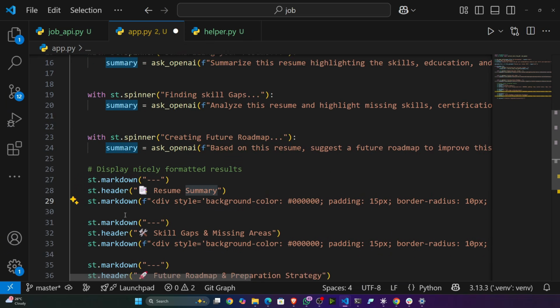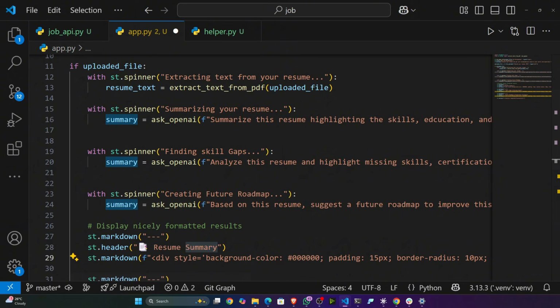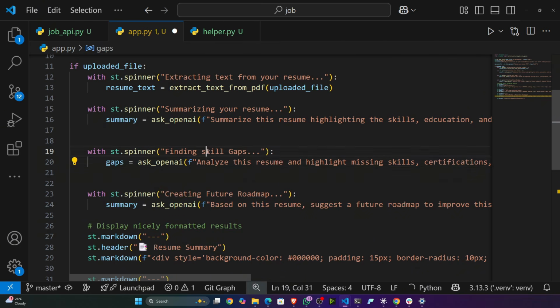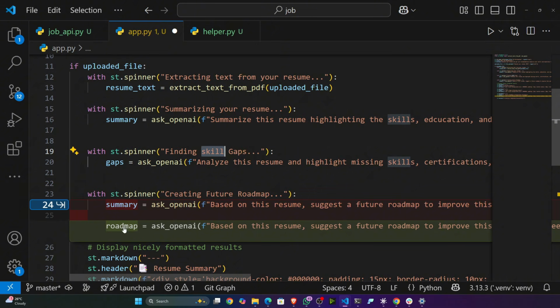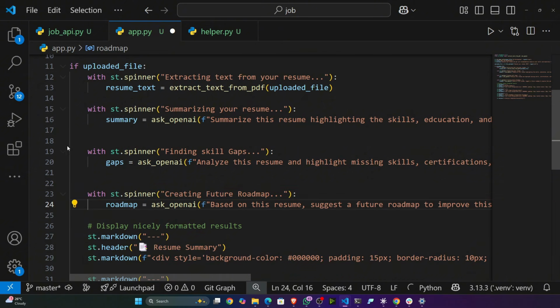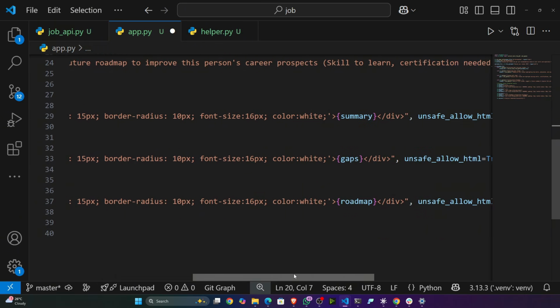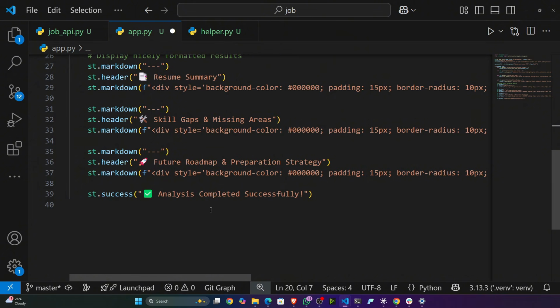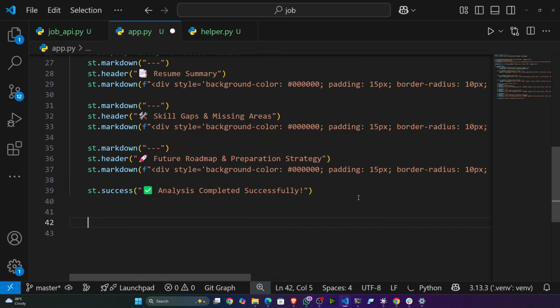Then I also need to show the gaps. Everywhere I've written the summary, but you have to change it. So this one would be the gaps. Okay, because this is the skill gaps, and this one should be the roadmap. Okay, now I think everything is fine. You can see gaps, roadmap. I'm showing everything here, and once it is done, it will give a message, analyze completed successfully. Okay, then once I showed these things in my Streamlit UI, then what I have to do, guys,